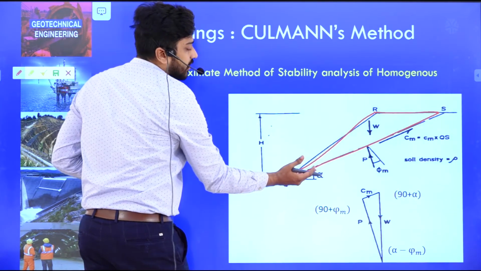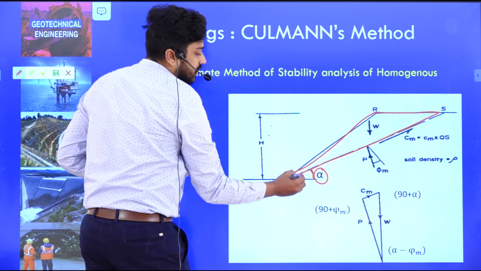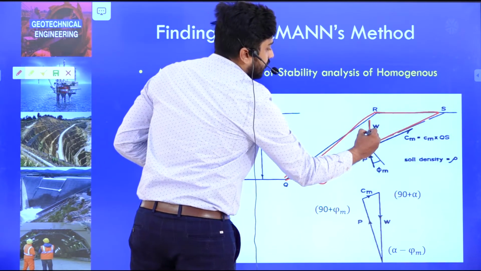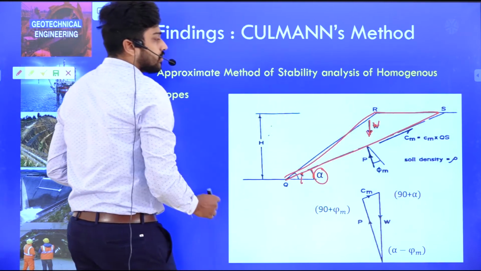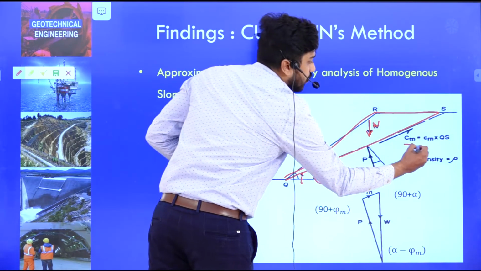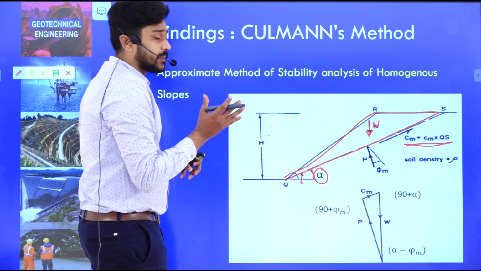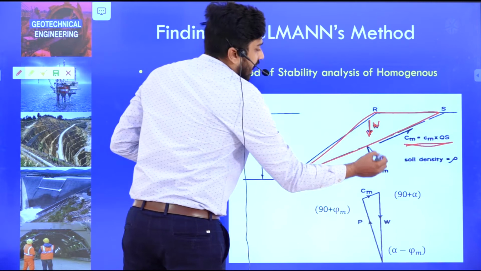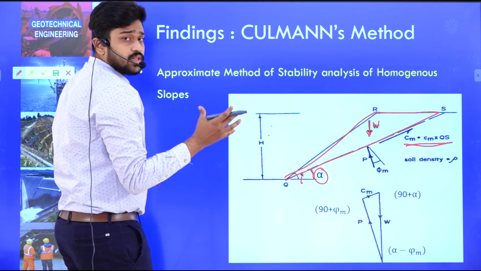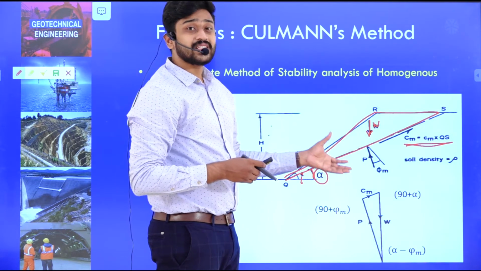This failure plane is inclined at an angle of alpha, and the slope angle of this particular embankment is i. Okay, so what is happening? We will be considering the self weight of this wedge as W. As this is failing completely, there is some mobilized cohesion acting along the failure plane, which is trying to resist the sliding of this wedge. Okay, so we will be considering this. As there are two forces acting here, one is the weight and the other one is the cohesion, we need to consider the resultant of these two forces. So there will be a resultant which is acting.